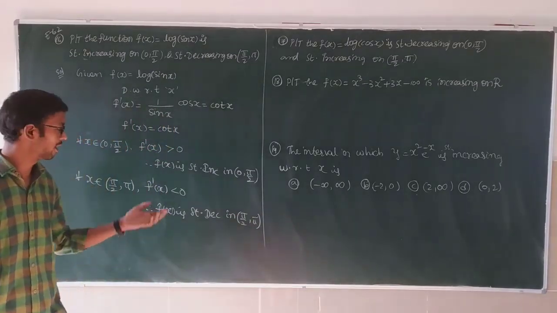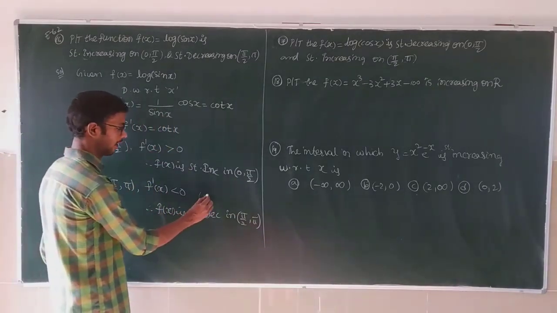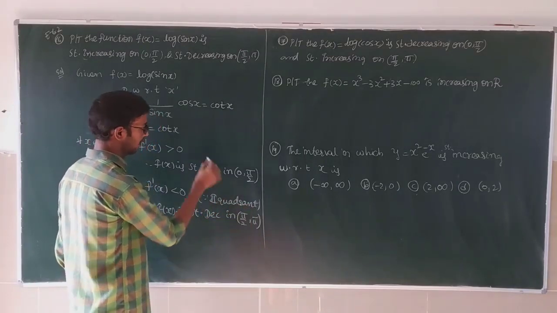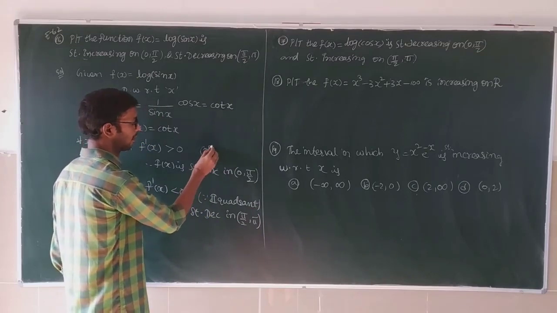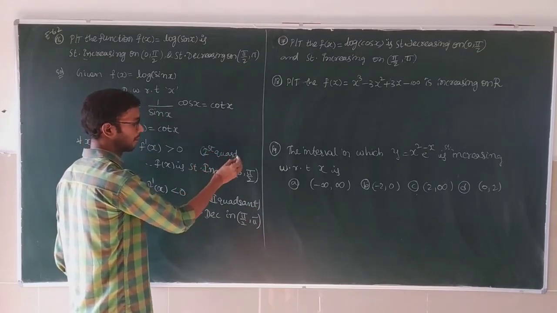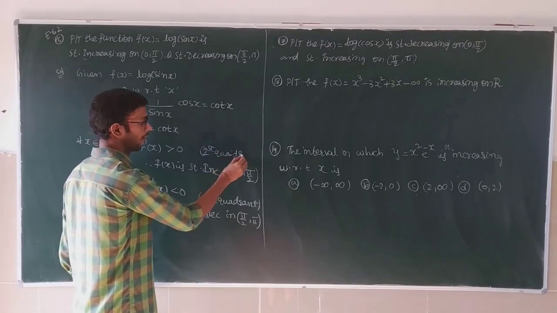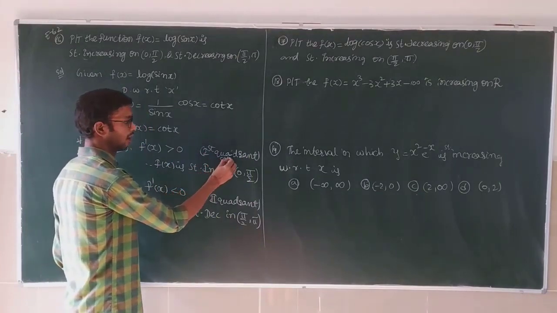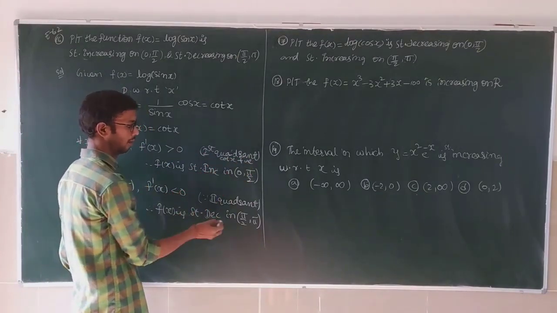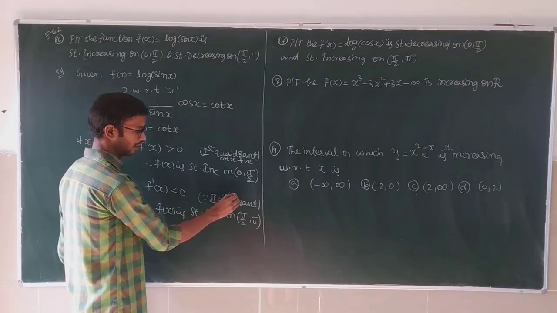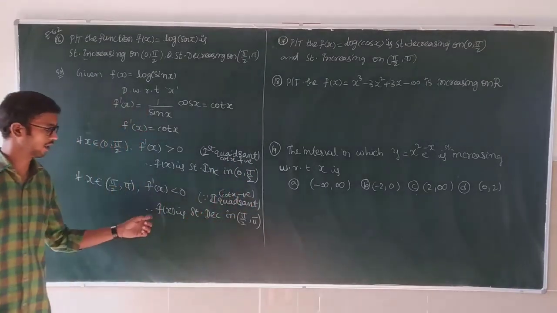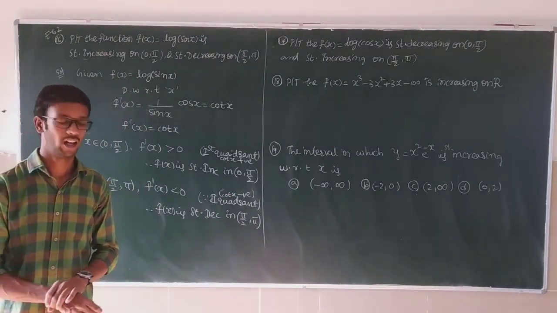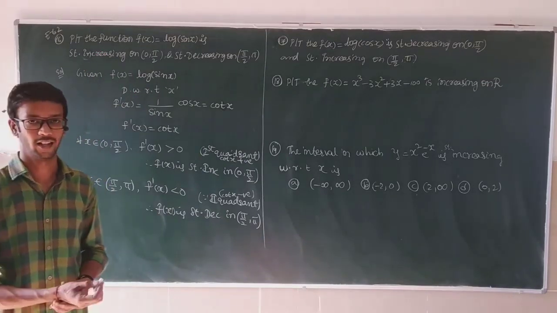Otherwise, in the second quadrant cot is negative. Right here, this is the first quadrant, where cot x is positive. Here in the second quadrant, cot x is negative. So it is negative, less than 0, strictly decreasing. So this is problem number 16, and there are 3 remaining problems in this exercise 6.2.